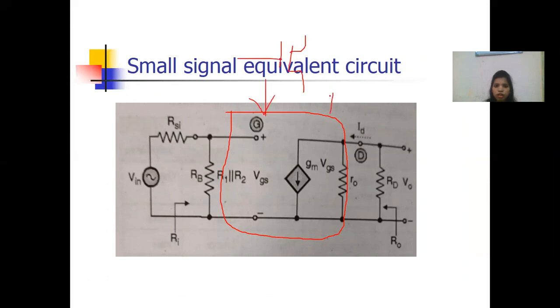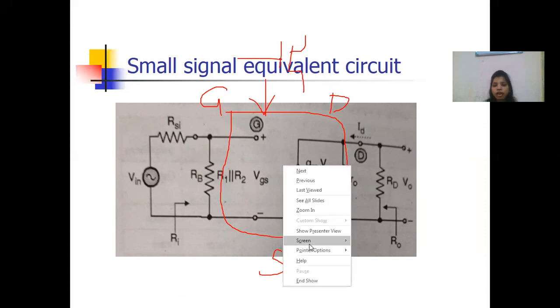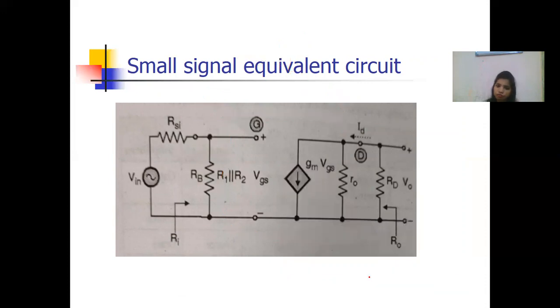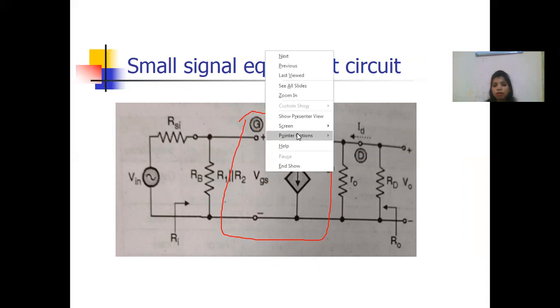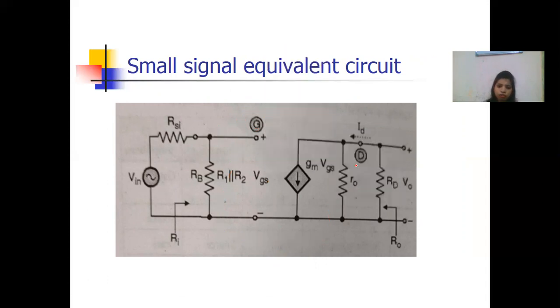And what is the small signal model? At the drain, you have to connect one current source. Source is grounded because it's a common source amplifier, and at the gate there is nothing because gate current is 0. So first of all, the rule is you just replace this transistor with this one. After this, you have to check what is at the gate, what is at the source, what is at the drain. Understood? So this is your simple small signal model for one MOSFET. Now R0 is ideally there, but that depends on the condition.